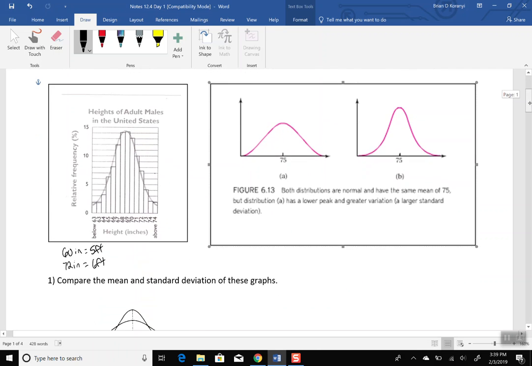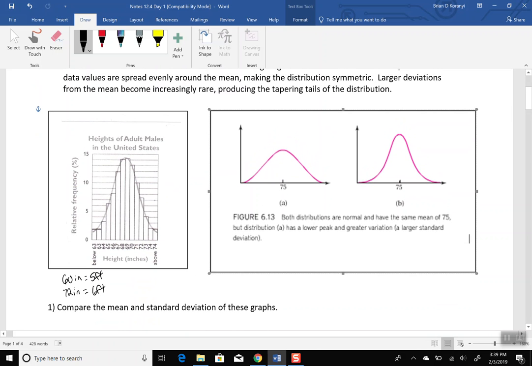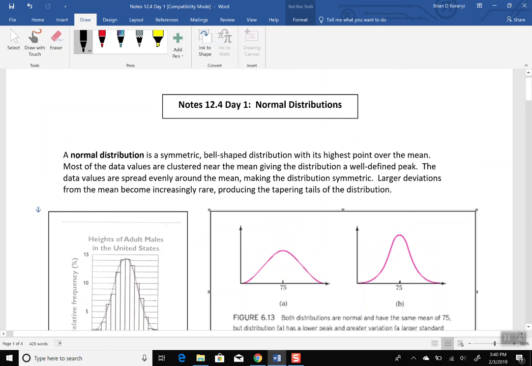And then you can also force things to become normal distributions. Let's say I gave a test and the data was very, very low. On a test, you'd want to see the average be a C average. However, you then want some B's and some D's, not as many, and then fewer A's and fewer F's. You don't want everyone getting an A, you don't want everyone getting an F. So sometimes you can force data. Once you get your data, you can force it to follow a normal curve if that's what you want.